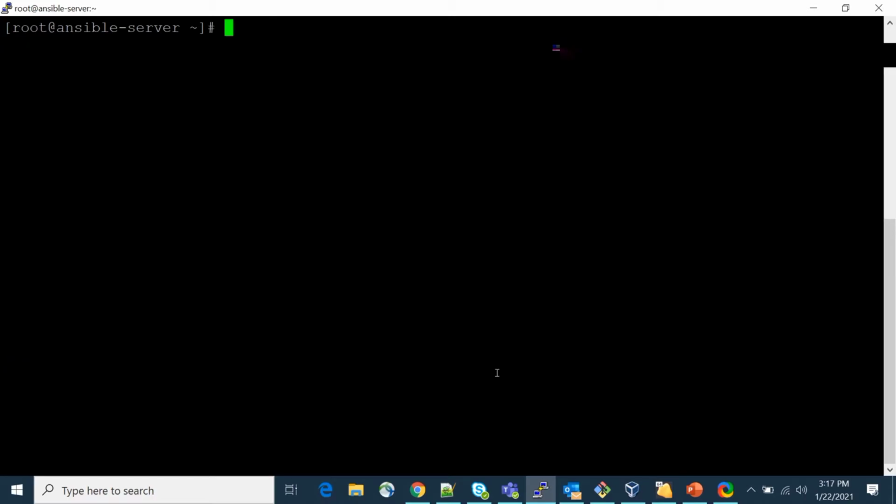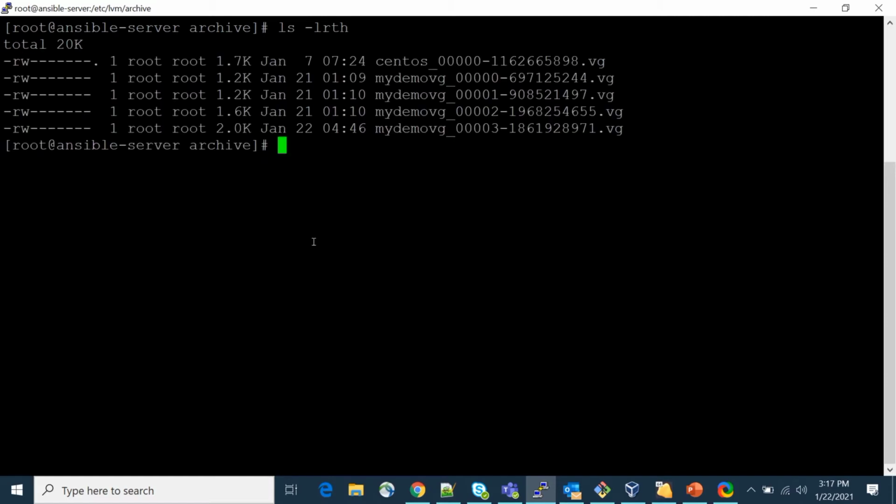Now we are going to the default path to see how we will restore the LV: /etc/lvm/archive. We have some files here. We can see the dates when they were created, but we cannot see too many details here. So for that, as I said earlier, we need to execute the vgcfgrestore --list command.